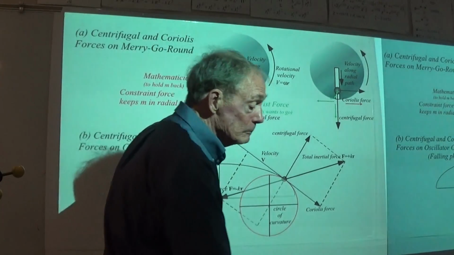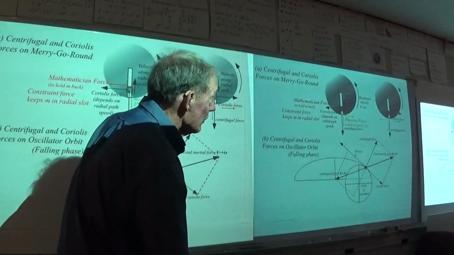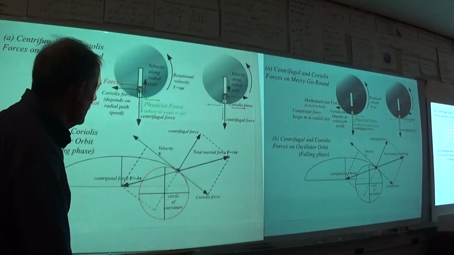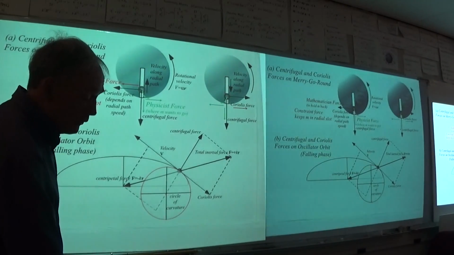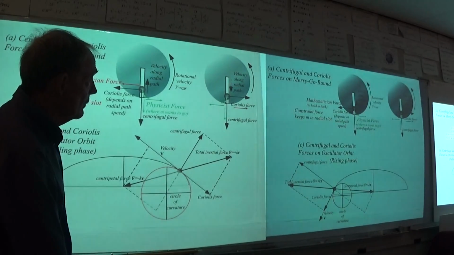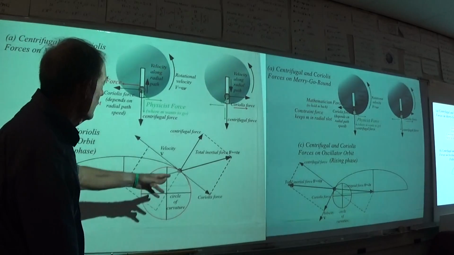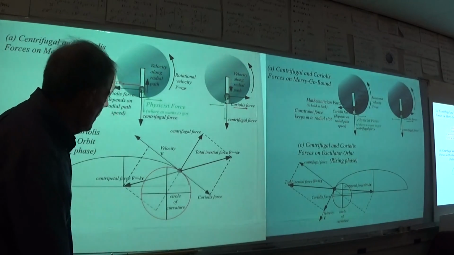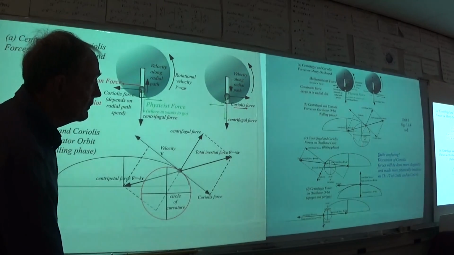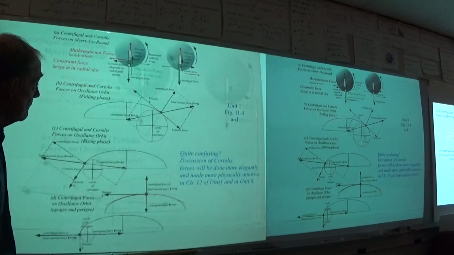So this is all mechanics that is going to be coming fairly soon. We're going to introduce the Lagrangian Hamiltonian early in this thing. So here's a case where you're getting the same vectors as you're rising. Here you're falling. Okay, there they all are together. And I say, quite confusing. Discussion of Coriolis would be done more elegantly using